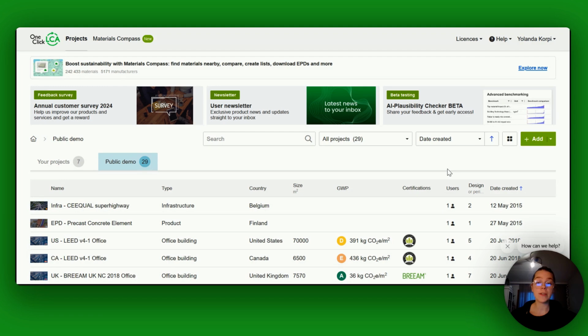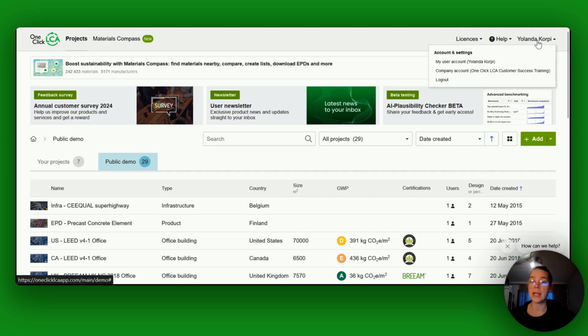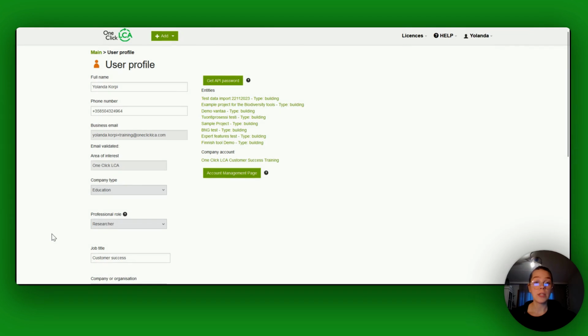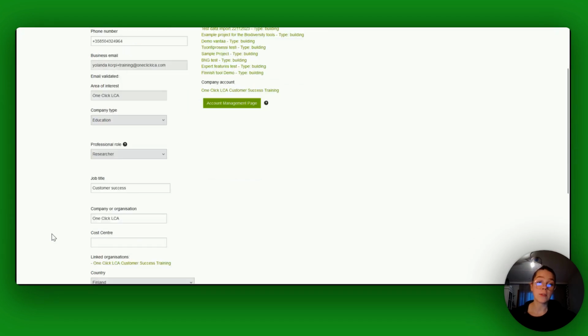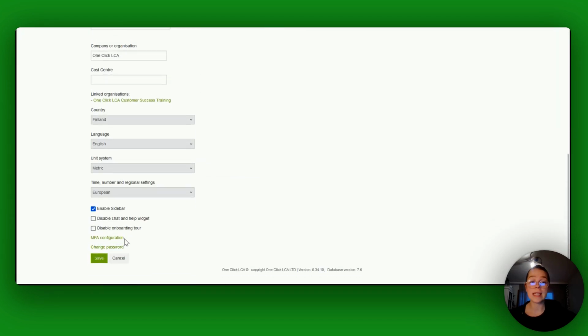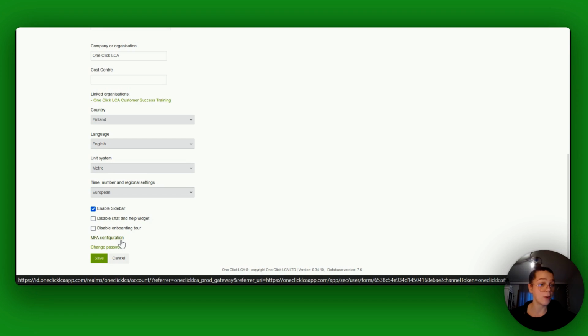In case you need to reset your multi-factor authentication, you can do so from your user profile page. We are now at the main page of the software, and you can enter your user account page from the top corner where you see your name and click My User Account. Once you enter this page, you just scroll all the way down and you can see the button for MFA